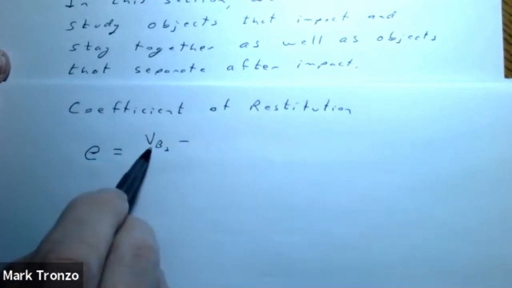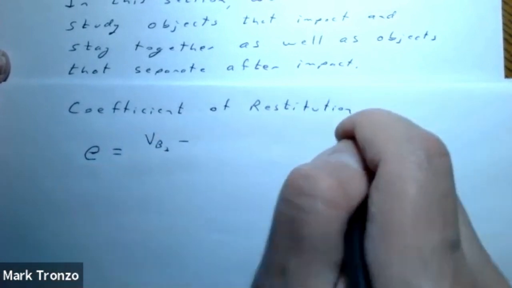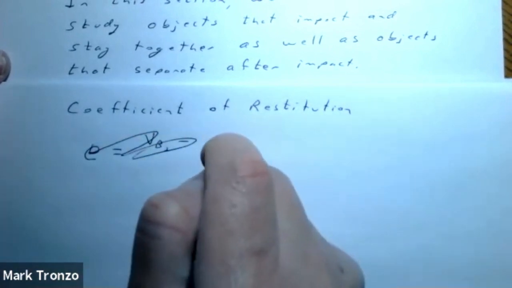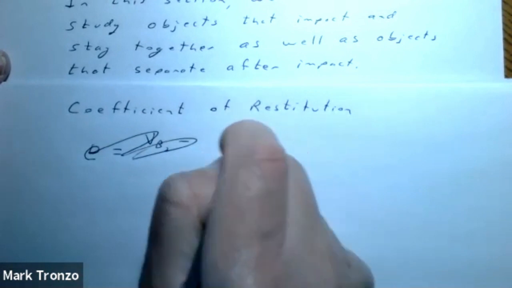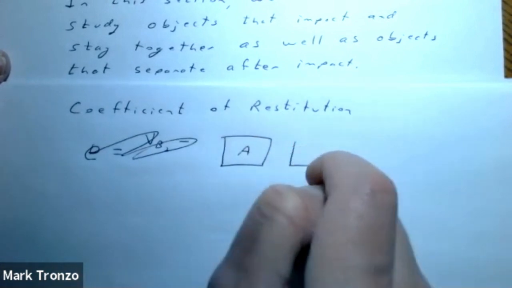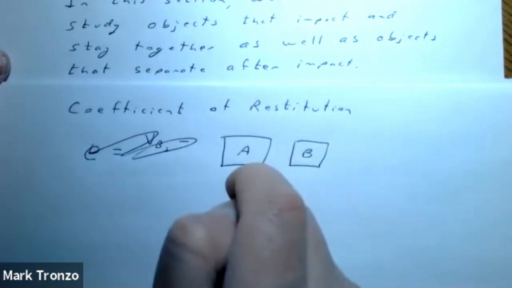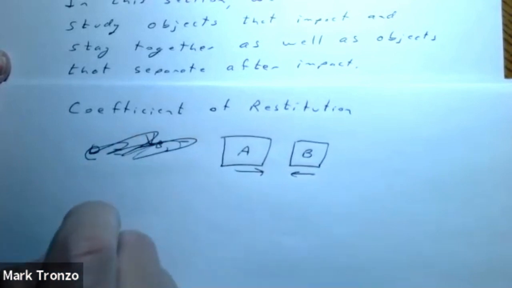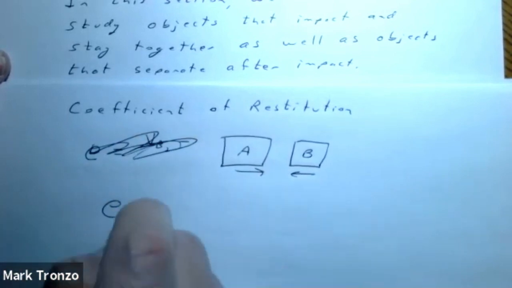Let's say you have two objects; let me do a picture first. So let's say you have two objects, maybe A and B, and let's say that they collide with each other. Then the coefficient of restitution is equal to